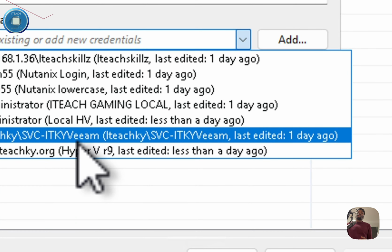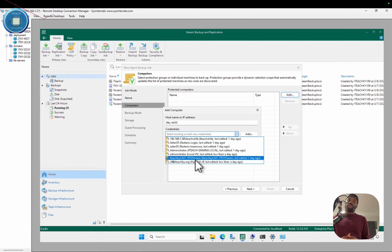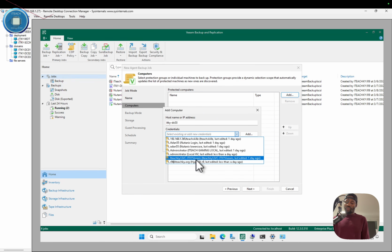Run as account is just an account that is a domain admin account that's running in your AD environment, or that lives in the AD environment, and you can choose this account to basically execute tasks on behalf of a domain admin. So Veeam can actually have the permissions to do all the things it needs to be able to make things work for you. So you definitely need this. It's not an option. You need this to work. So let's come over here and choose this one